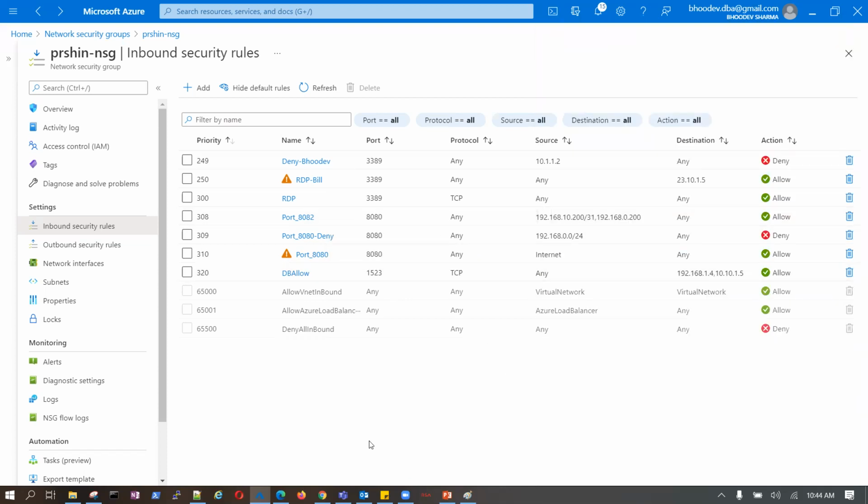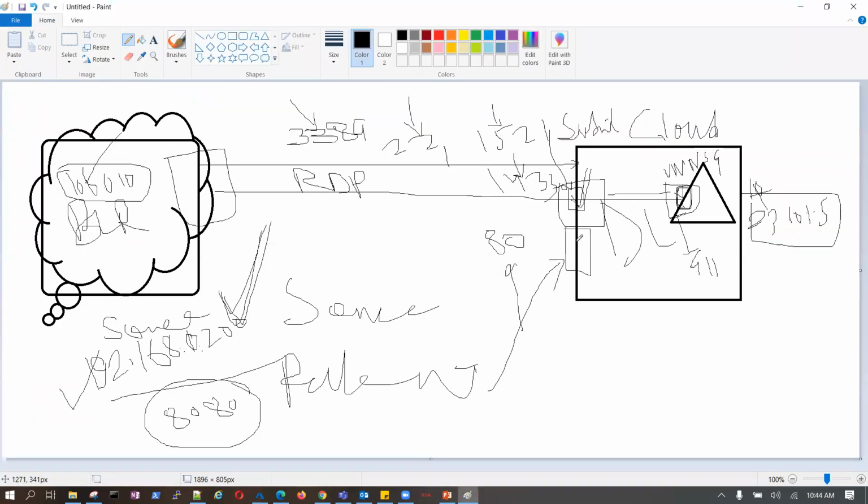Sir, you mentioned that the NSG will work like in the screenshot, at the subnet level, and at the VM level we create a separate NSG, right? Correct. So it depends.